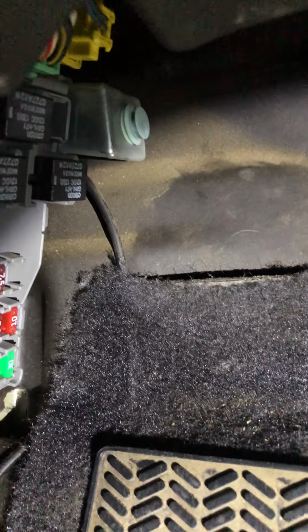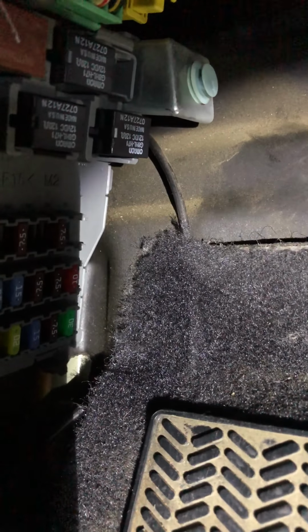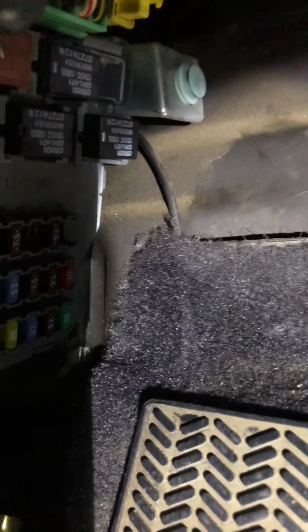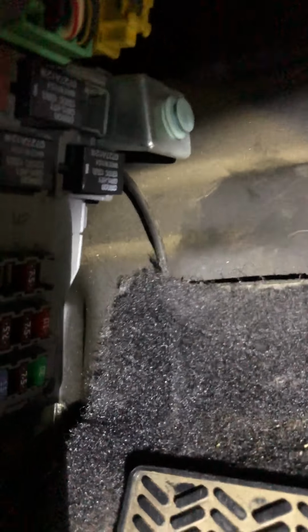So that is telling me that the relay is getting voltage and losing voltage, either on the control side or the actual load side of the relay. I tried another relay in there, but I knew it was going to do it, and it did do it with another relay. So my problem is the